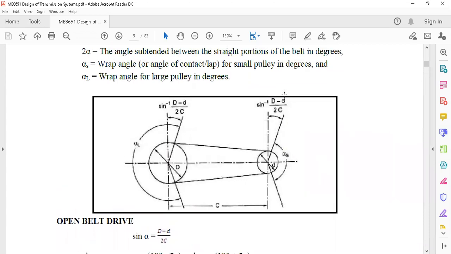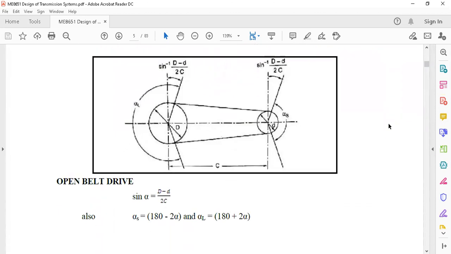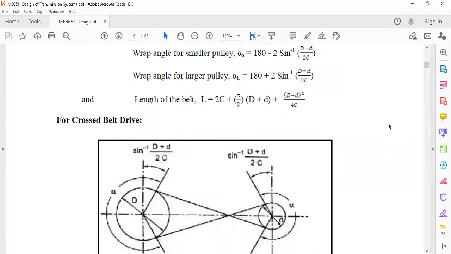Generally, we know what an open belt drive is and what the various notations are. Okay, the open belt drive is shown in the figure, and we showed that the length has two parts: 2c, which is calculated, and another part, the semicircle part, calculated on the basics. And we are considering the contact length, which is similarly (D minus d) whole square divided by 4c. Okay, from this equation we can calculate the length of the belt drive system. Okay, this is for the open belt drive system, and another one we are going to see is the closed drive system.